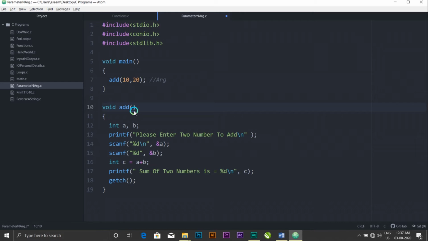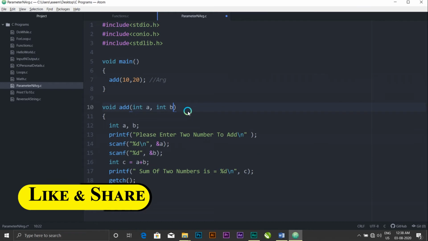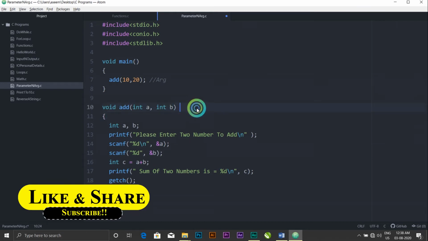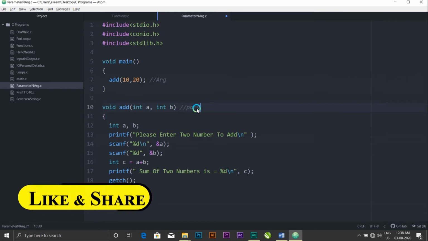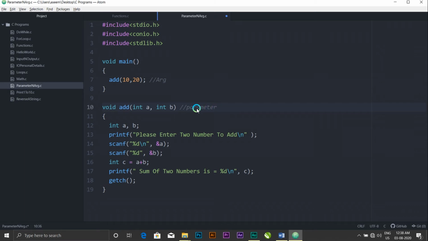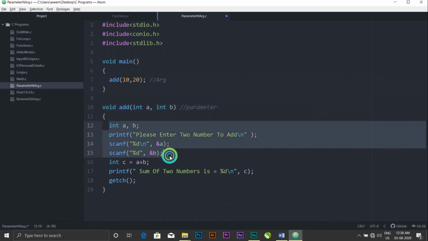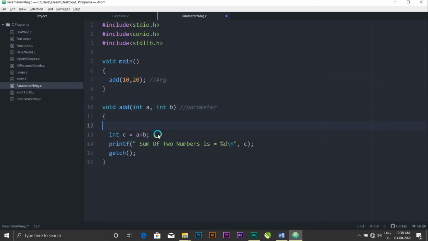As we are passing the integer data type, we will write int a, int b. Only two because we are passing only two arguments. You can pass as many as you want depending on the requirements. So this int a, int b becomes the parameters.